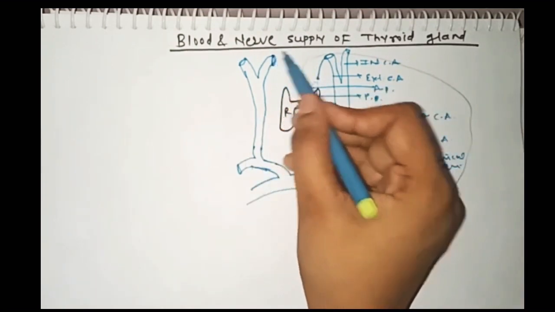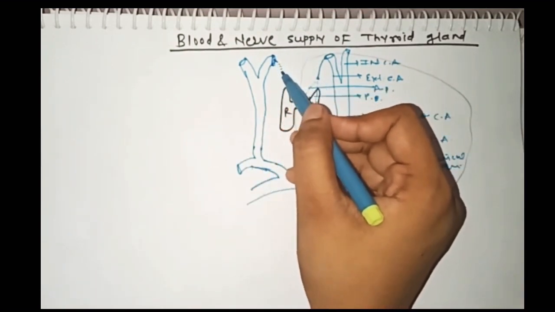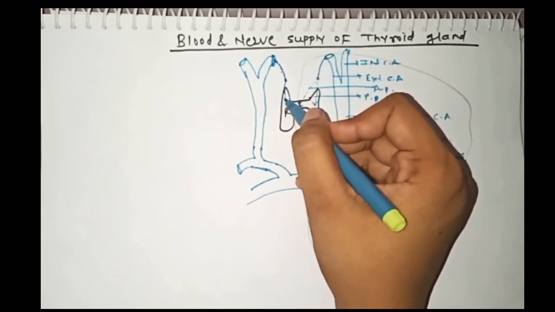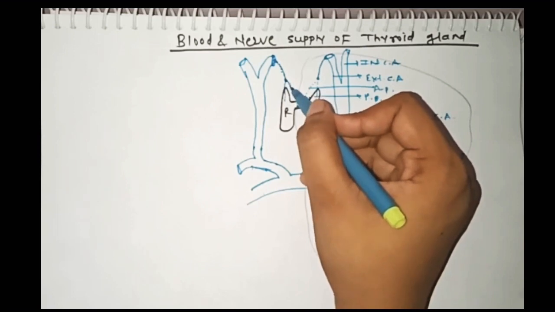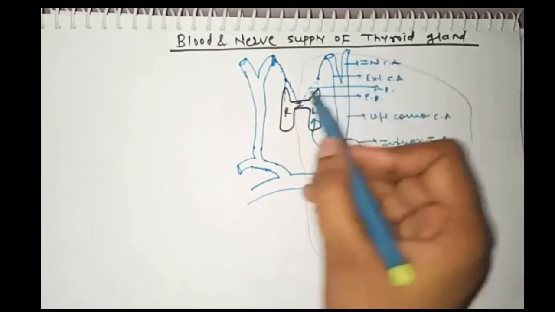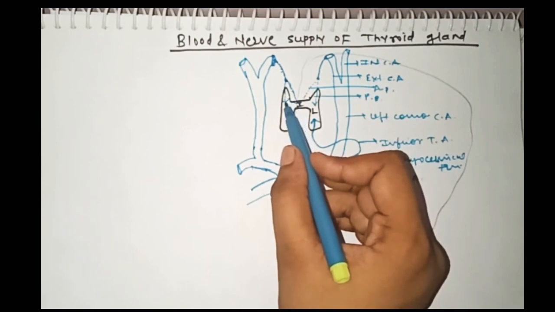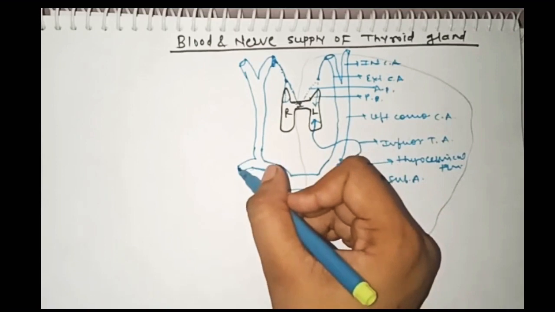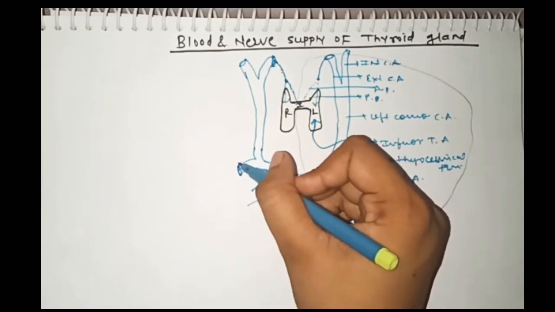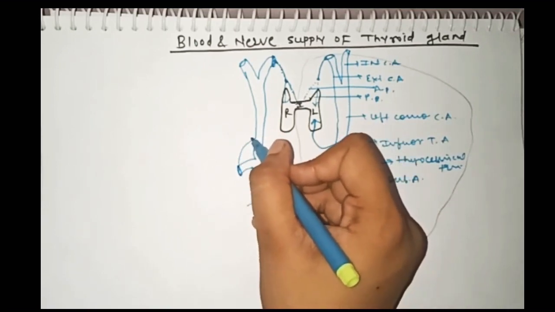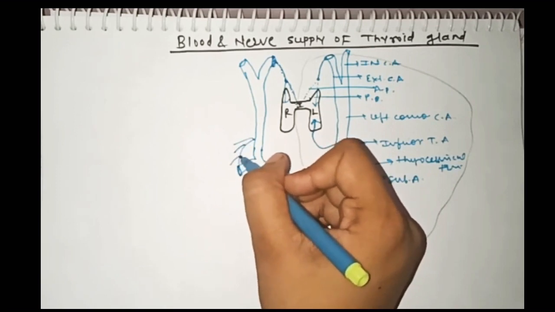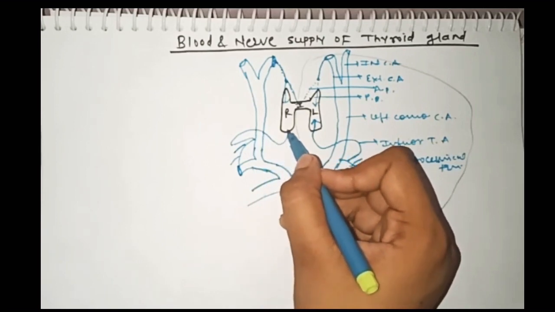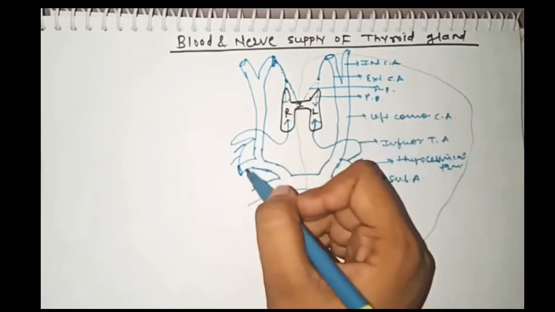From the external carotid artery, one branch arises, the superior thyroid artery. This superior thyroid artery further divides into two divisions, anterior and posterior. The anterior division supplies the remaining half of the isthmus, and the posterior supplies the upper 1/3 of the right lobe of thyroid gland. From the subclavian artery, the thyrocervical trunk comes out. From the thyrocervical trunk, three branches arise. Out of these, the one which supplies the lower portion of thyroid gland is the inferior thyroid artery.